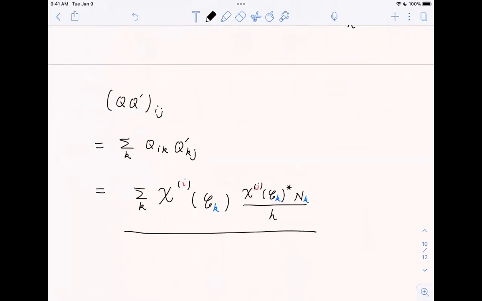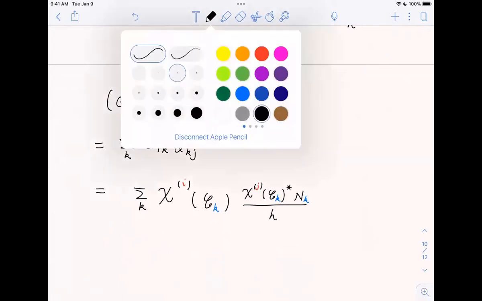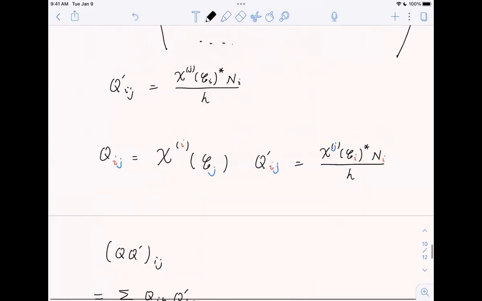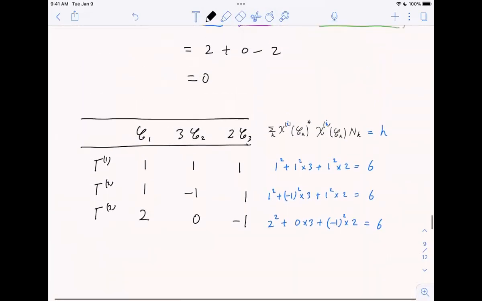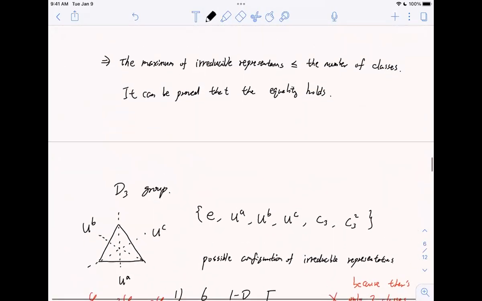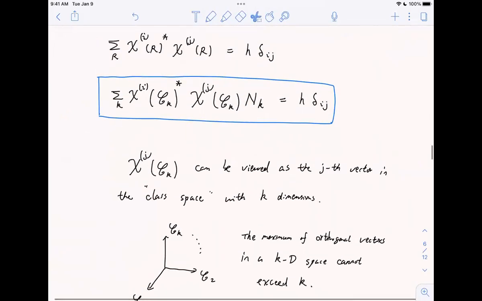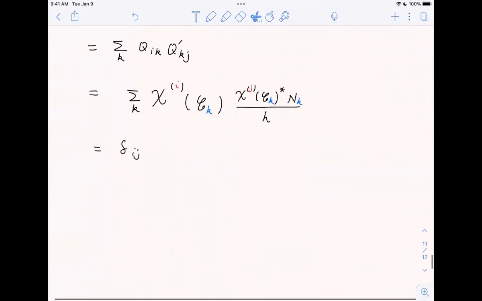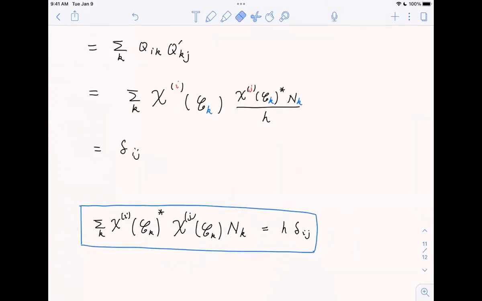But what is this thing? This is just the orthogonality relationship. This is the same thing that we... yeah, so from this, where do I put the orthogonality relationship? Let me go back and put it here. Okay, you take this relationship, and then you